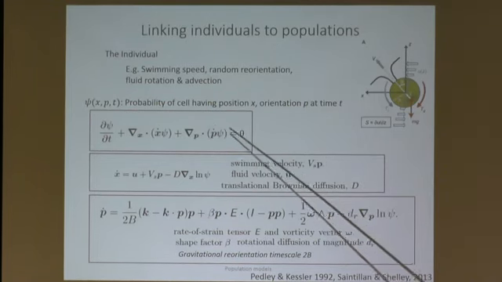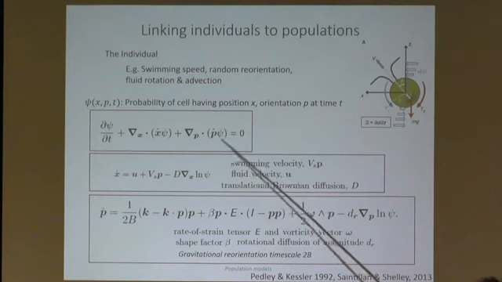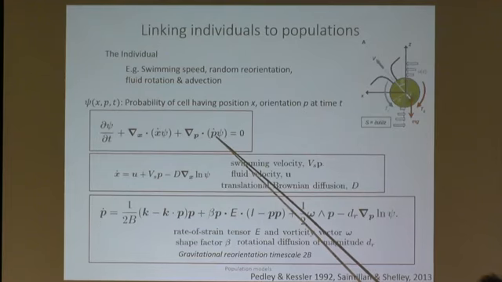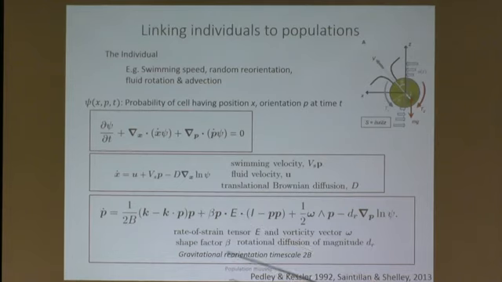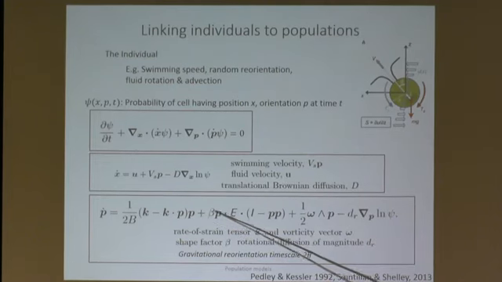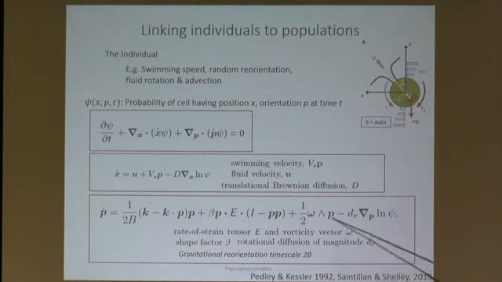This term here is looking at how cells reorientate. What's the rate of change of cell orientation? And this comes from the fluid dynamics. So these two terms here come about by looking at what happens at low Reynolds number fluids. So we're thinking of very small particles. When we put small particles in flows,